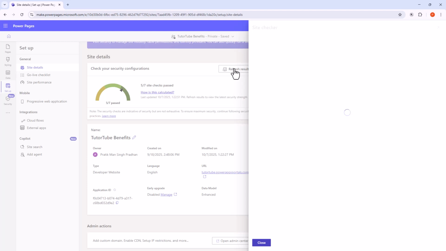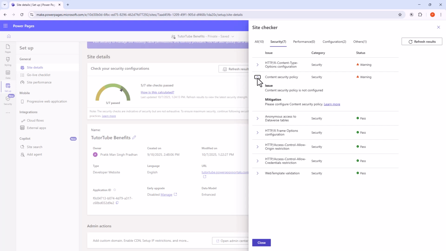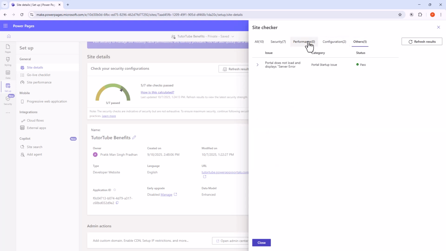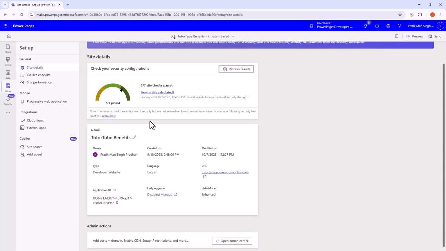You can also click on refresh results right here, just like this, and then it'll give you the security details, and you can see there are 7 checks right here, and you can see what actually went wrong. You can see the configuration, the others, and all 10 of the sections right here, which require to be passed